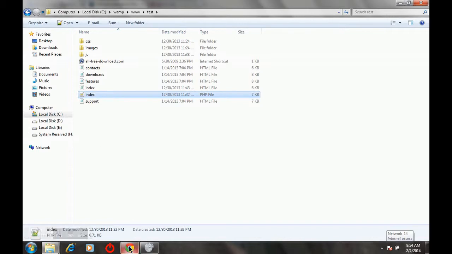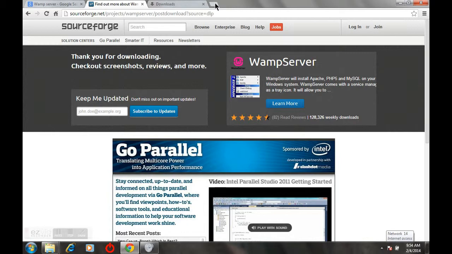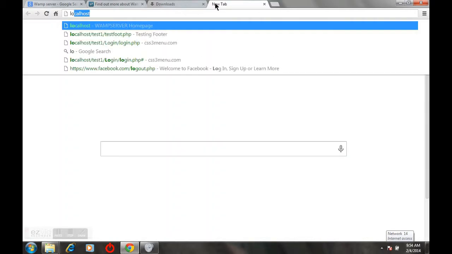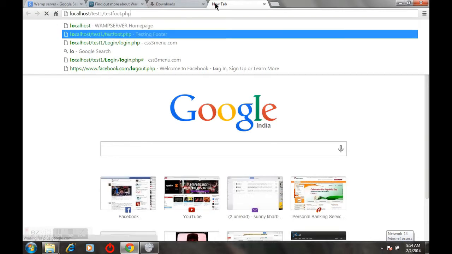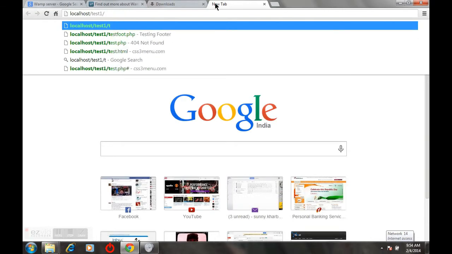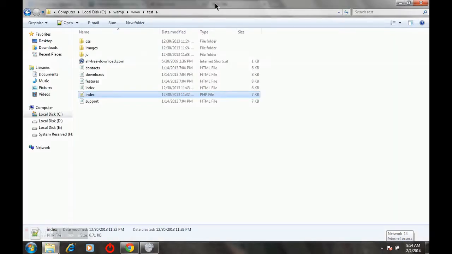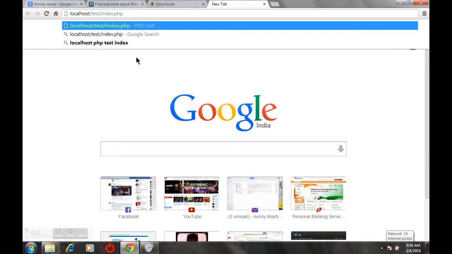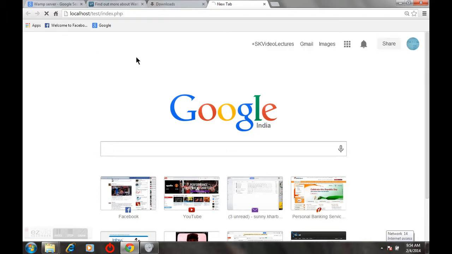So open any of the web browsers and type in localhost followed by the directory name, which is test in my case, followed by the file name, which is index.php. Click on that.